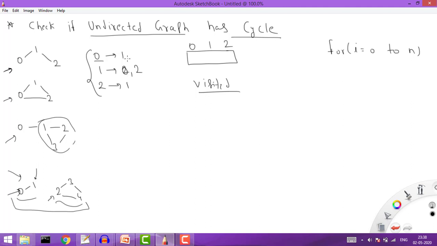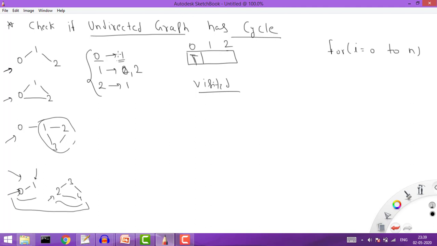Now we start from the starting point, and here I mark this value, because let's say I'm starting from here, so I mark this value as visited, so here it will be true, right? Now I will check which are the neighbors of this 0. I can get the neighbors from here. So now the neighbor of 0 is this 1. So I will again call recursively. Now here I am recursively calling the DFS, right?